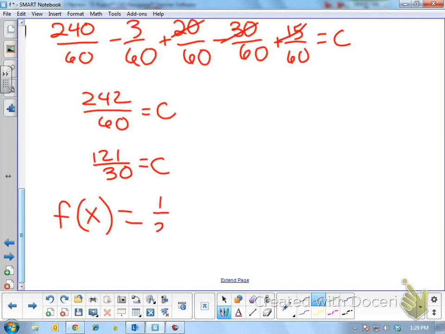So 1/20th x to the 5th minus 1/4 x to the 4th, plus 1/3 x to the 3rd, plus 1/2 x squared, minus 1/4 x,